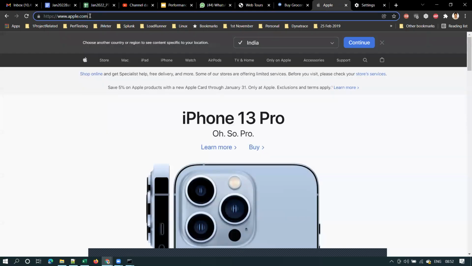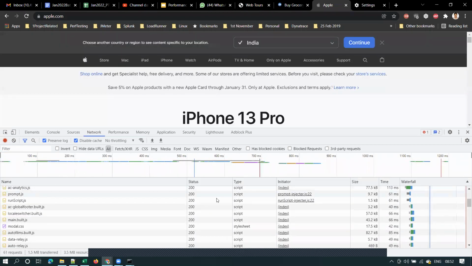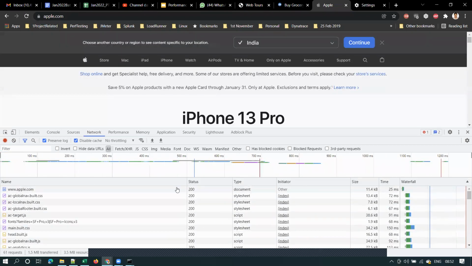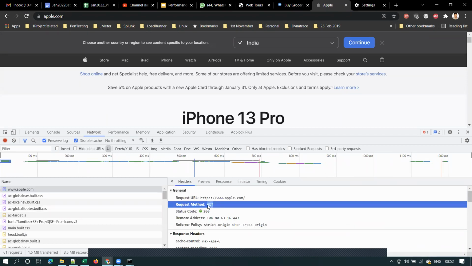When you send this apple.com request, it is a GET request, right? Let me show you how to check what type of request it is. You can go to the developer tools for that. I'm sending a request again, and this is my main HTTP request, apple.com. You see here, this is a GET request.